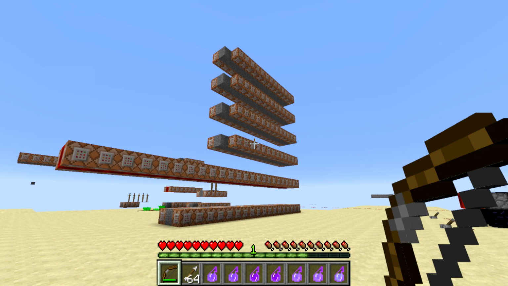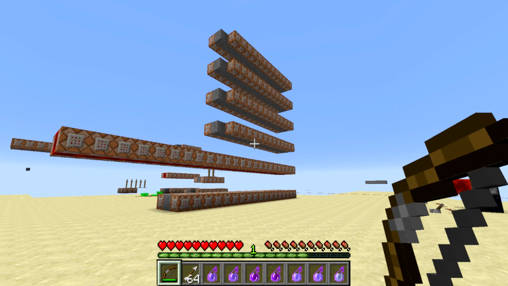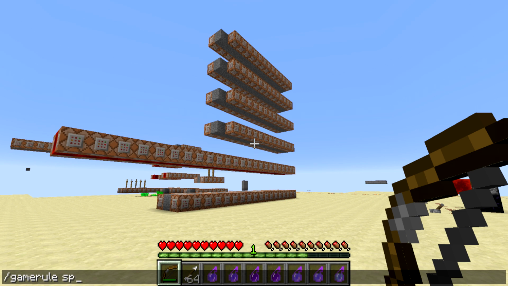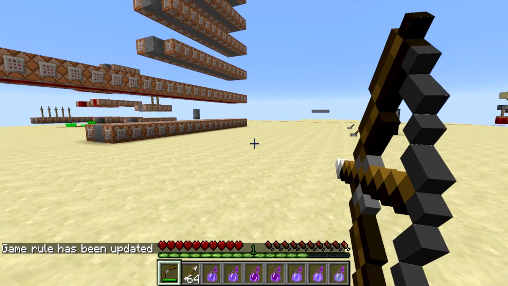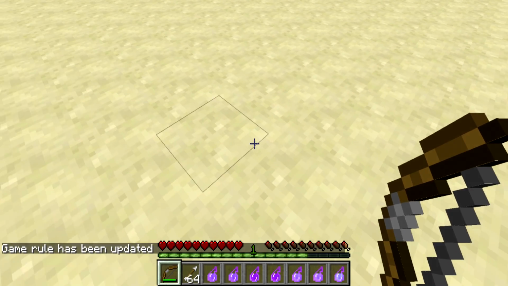Welcome back, Sethbling here, and today's command block contraption adds a new game rule, which basically allows you to create arrows with splash effects. So if I type game rule splash arrows true, like this, it'll turn on the game rule, and now when I shoot an arrow, well, of course, this is just a normal arrow, so it does